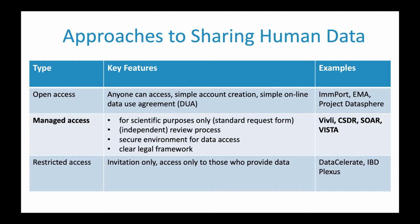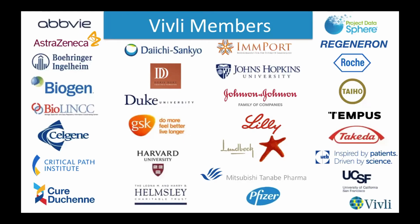The middle way is managed access, where you do have to submit a request. Perhaps there's an independent review process as well. There's the opportunity to perhaps download data, but also to have the data access in a secure environment, and it's all managed with a clear legal framework. Vivli, along with other platforms like CSDR and SOAR, do use the managed access approach. And we found that this middle way is a sort of a sweet spot that balances the needs and interests